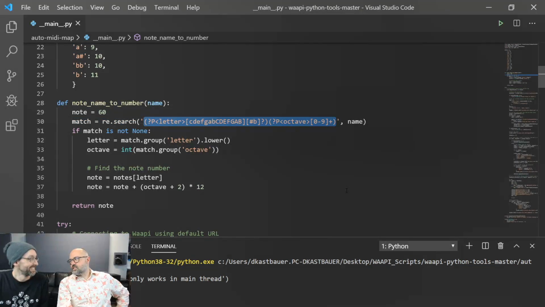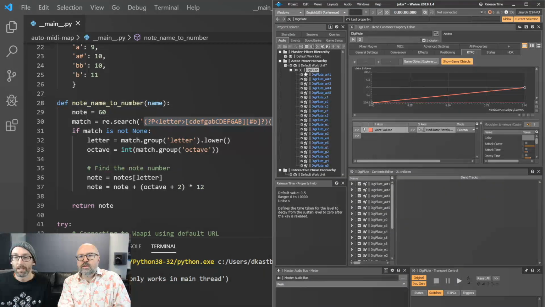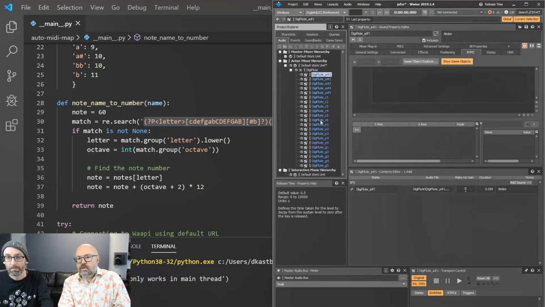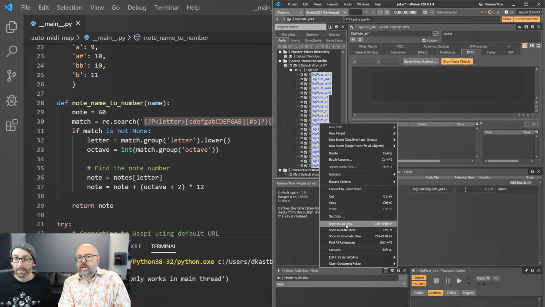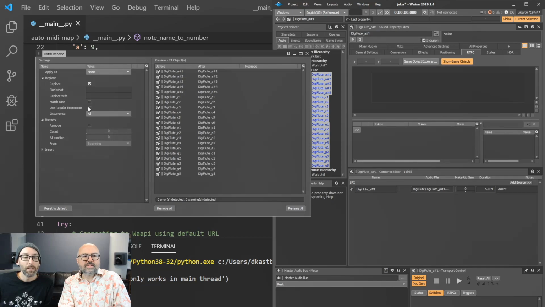I've heard of regular expressions. Yeah, it's a language all its own. Wwise uses regular expressions, or you have the option to use that in batch renaming. Let's look at that real quick in Wwise and take a segue to it. So if we select multiple objects like this, we can batch rename, and inside of this we can check the use regular expressions button, and now we can do find and replace stuff using this language.